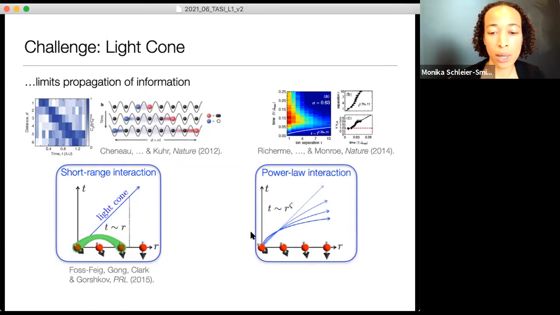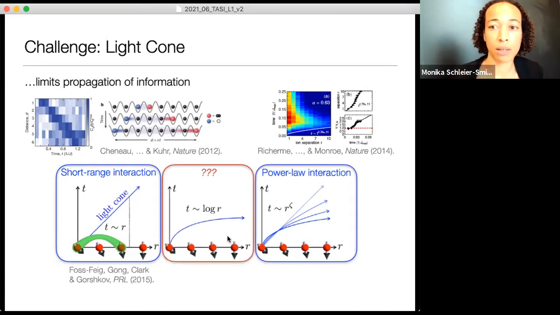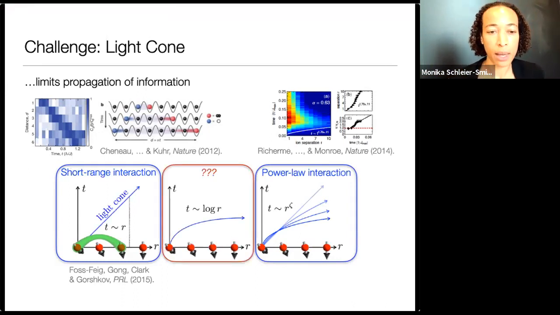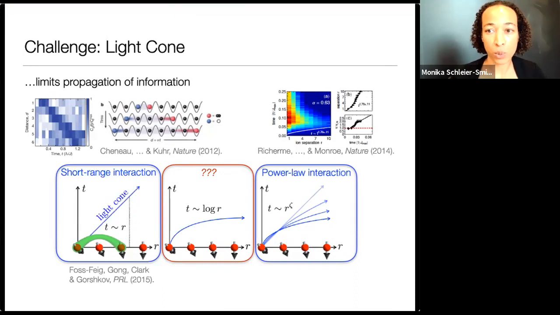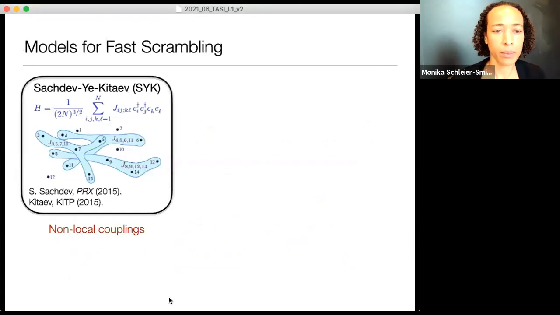But even so, in that situation, there's still something light cone-like. It now might not have a linear shape, but some polynomial shape. But this will still prevent you from having exponentially fast spreading of information across all degrees of freedom. So one starting point that we started to think about in my group is, could you build things where one has only a logarithmic time for information to spread from one to many, as would be necessary to realize this black hole-like fast scrambling?